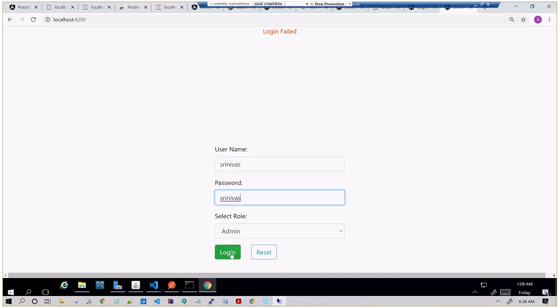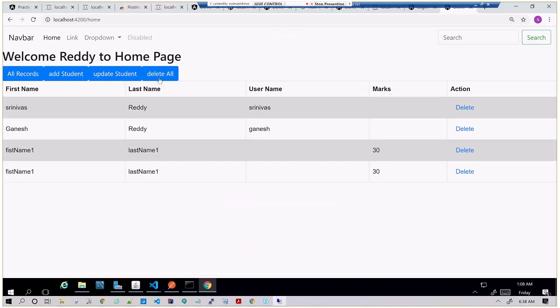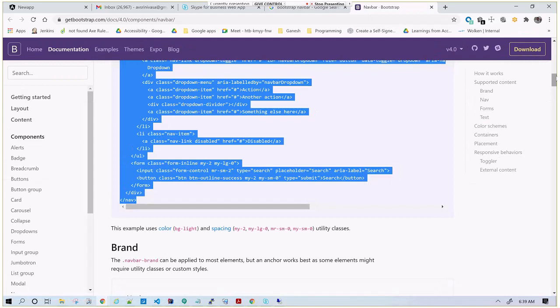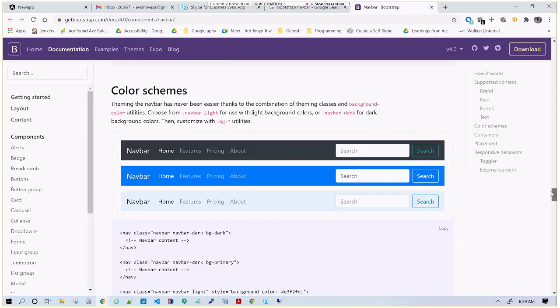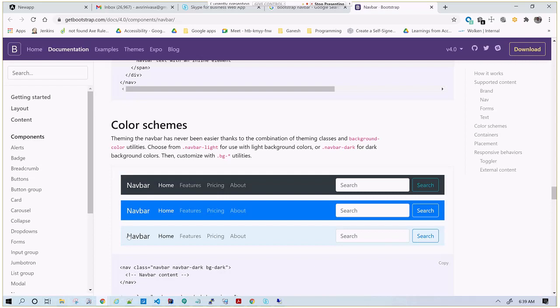Now, if you see here, it shows us the navigation bar here. I'll change the color to little dark so that we can easily see that. If we see here, these are different dark color themes.